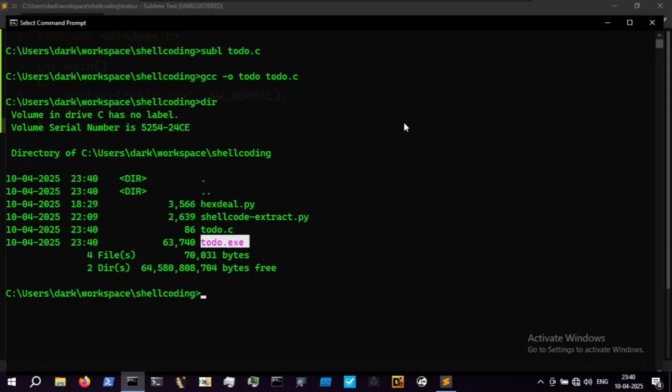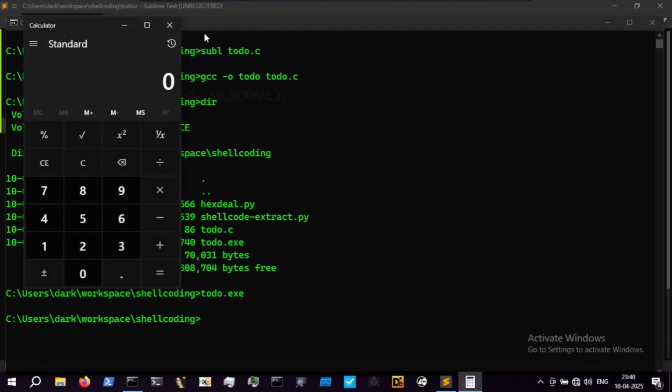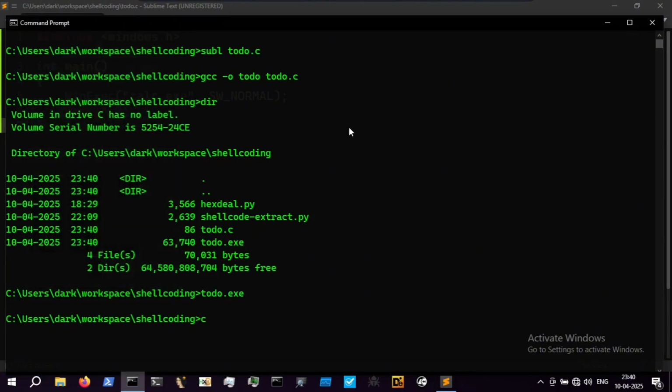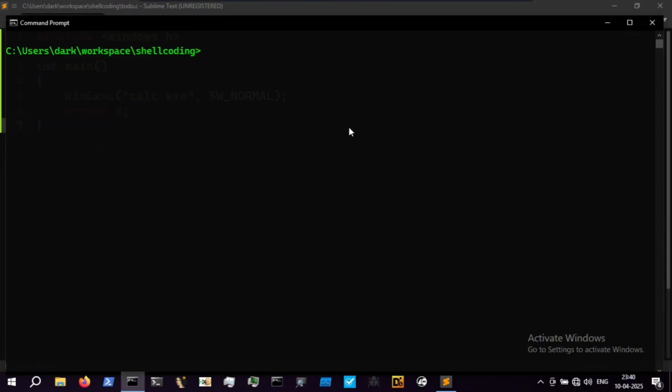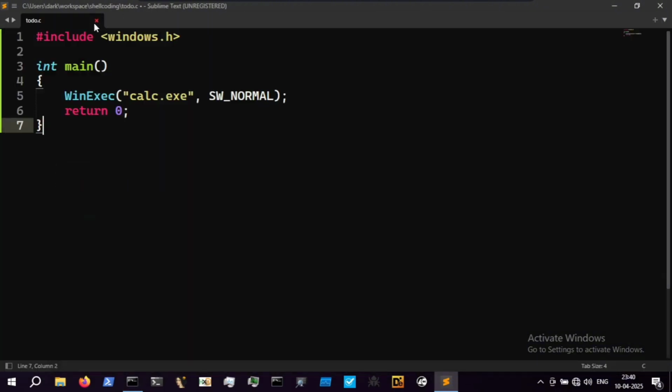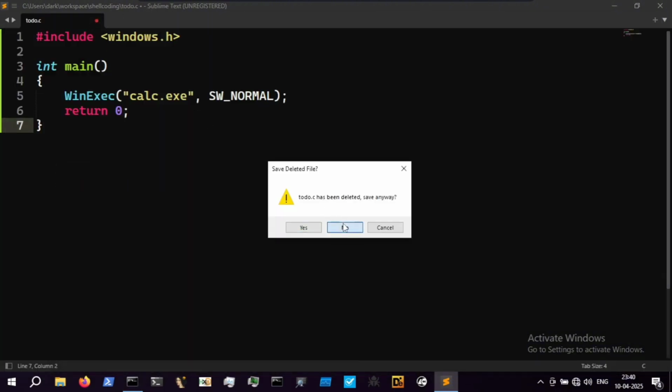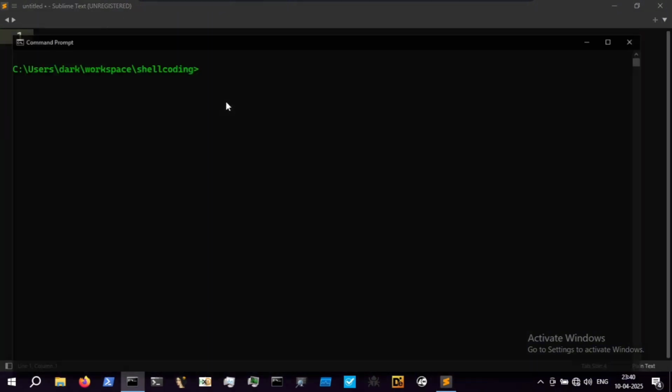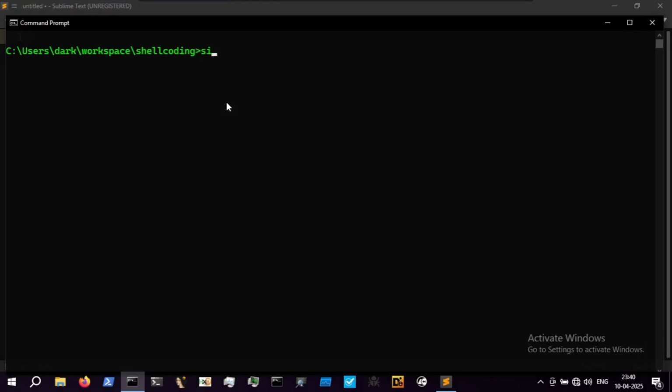So if I run to-do.exe, the calculator is portable, so the program works perfectly. So let's just delete all the to-do things because we don't need them. It's just a demonstration of how the shellcode is going to work. Okay, so let's just open something like